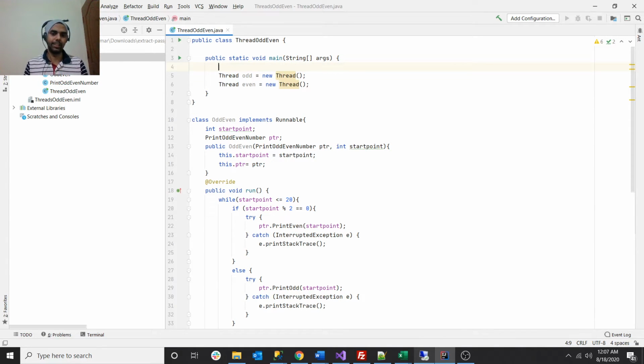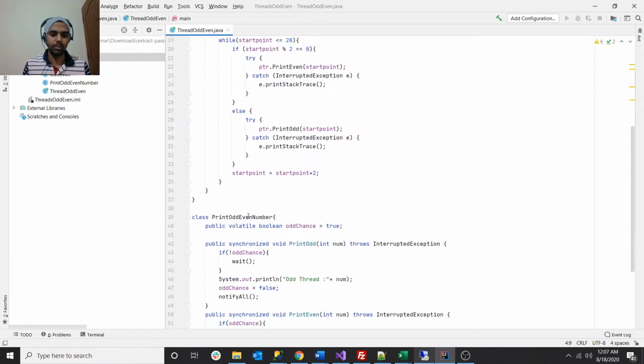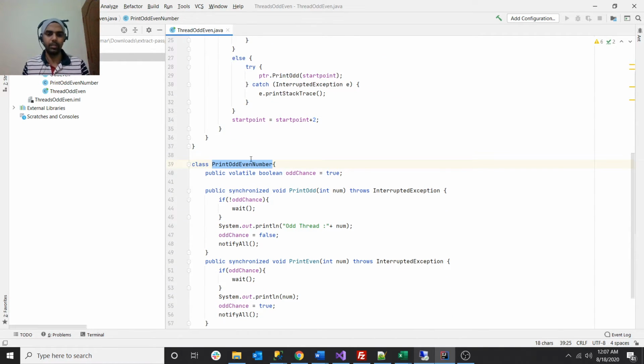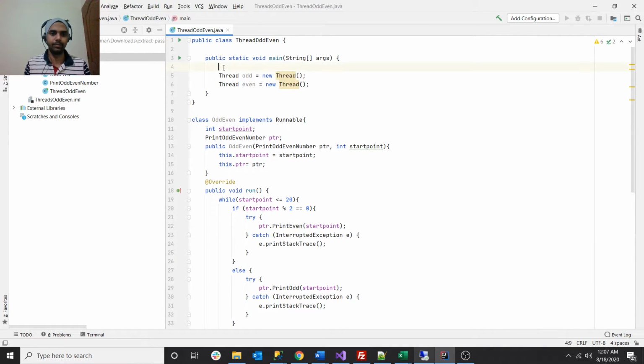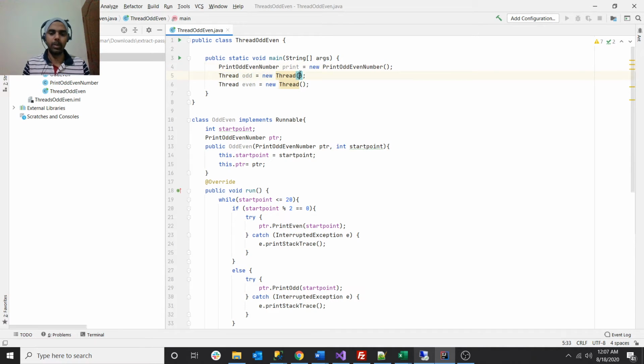We'll quickly create the threads here, and then we'll process from up to down, right? So now we'll basically create an object of this class, print odd even number: print is equal to new odd even, and this we will be passing